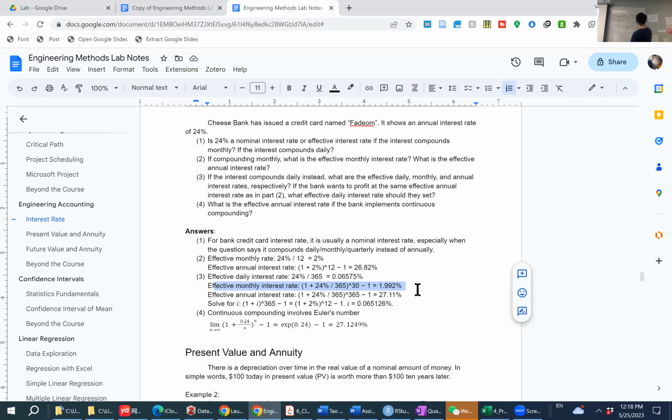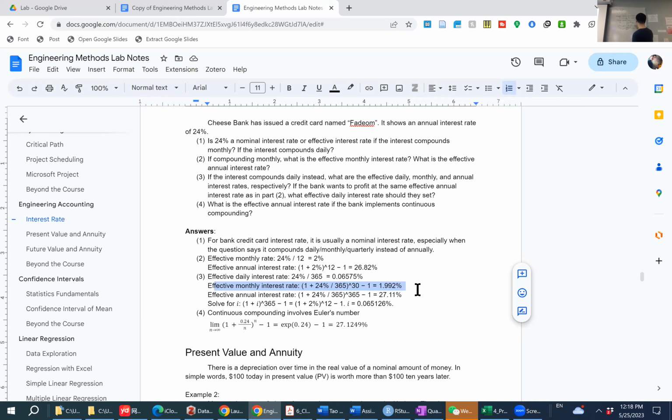So that means here the effective annual rate is 26% plus 0.82%, right? So this is the interest rate for profit for 1 year for the bank if the interest compounds monthly. And this quantity is 27% and